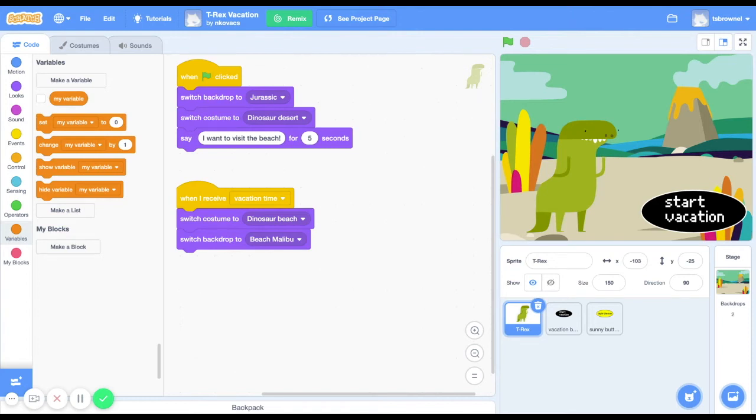Greetings. This is a follow-up video for our last tutorial where we took our T-Rex on a vacation. In that video, we set up a T-Rex character sprite to tell us something. In this case, that it wanted to go to the beach. In this video, we are introducing variables to create more depth to your game and to add more features to